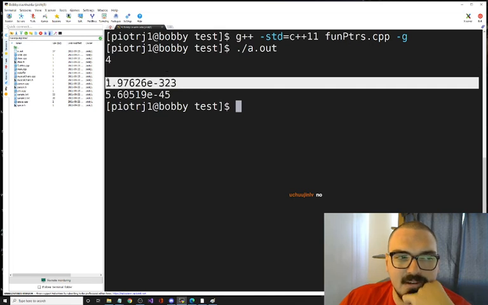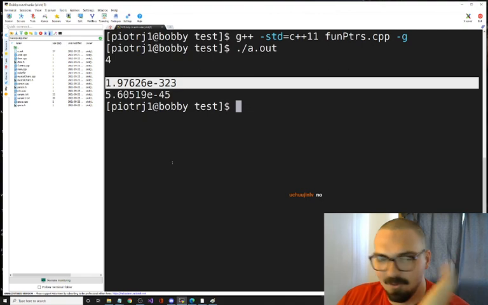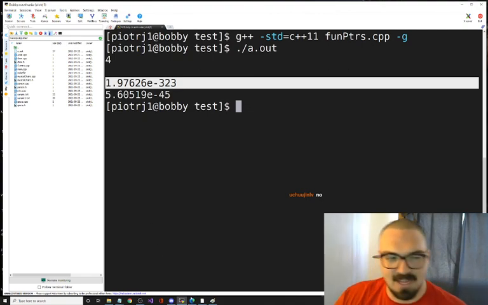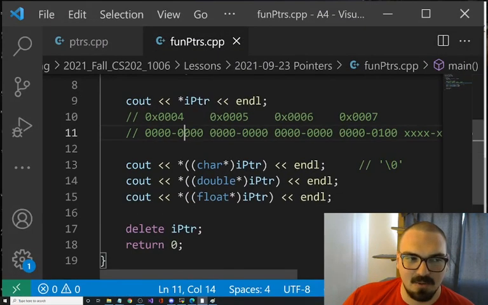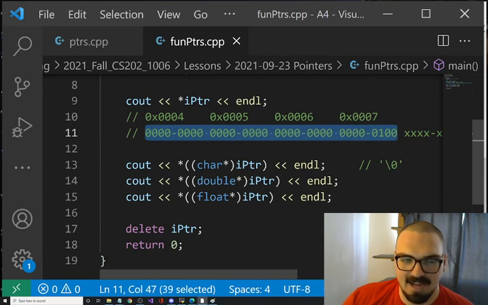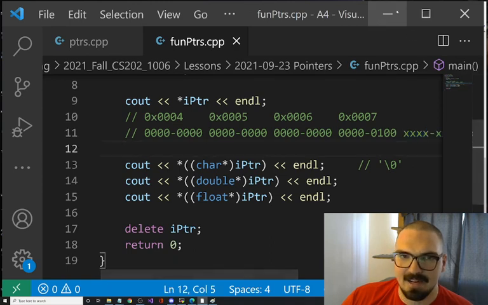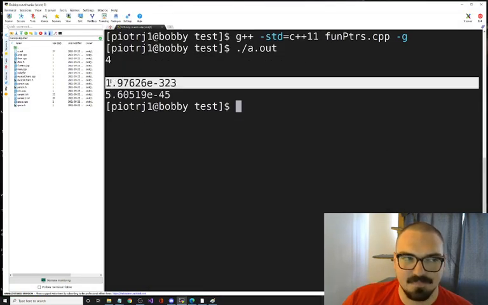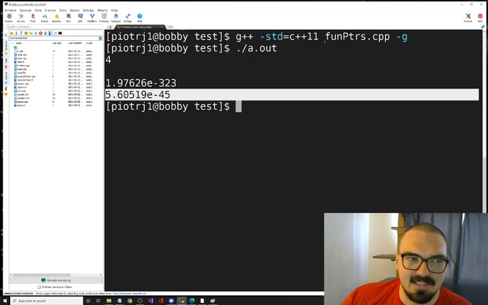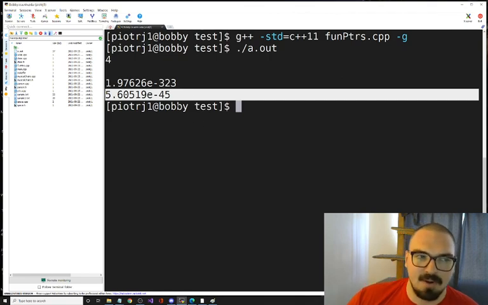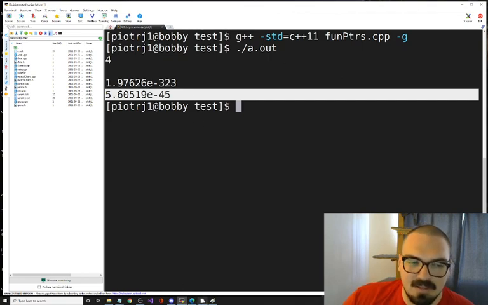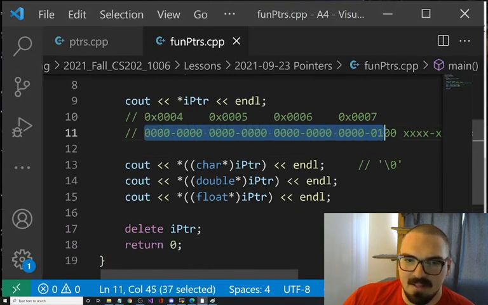Now this is a double, right? It's 8 bytes. It dereferenced from that starting address. So all it did was it said, all right, these are my first 4 bytes, and these are my next 4 bytes. And I come out like this. And then finally this, whatever that is, that's 0.000000000. I could keep going, right? That is a float in this version.